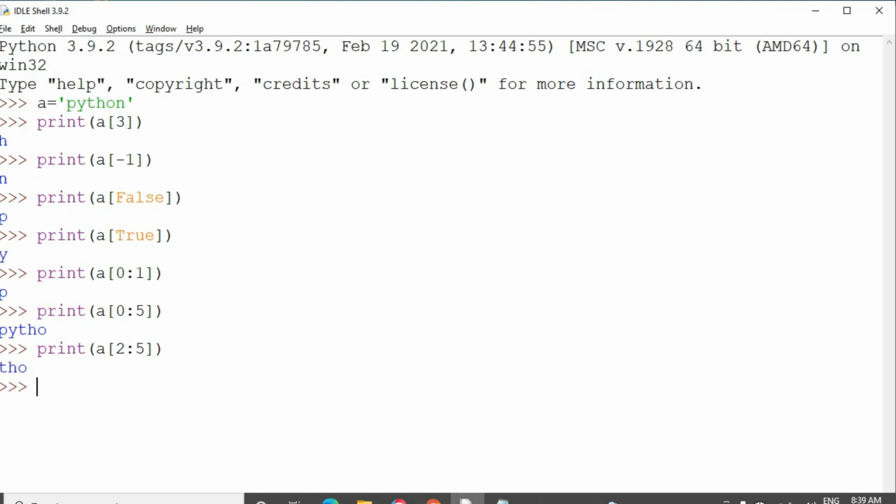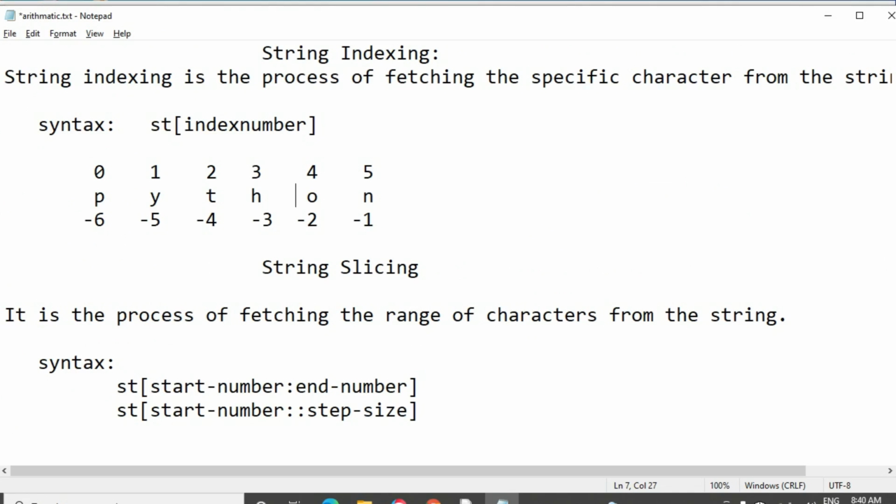Then I will go with the backward indexing also. Print of A of minus 5 colon 3, the result is YT.